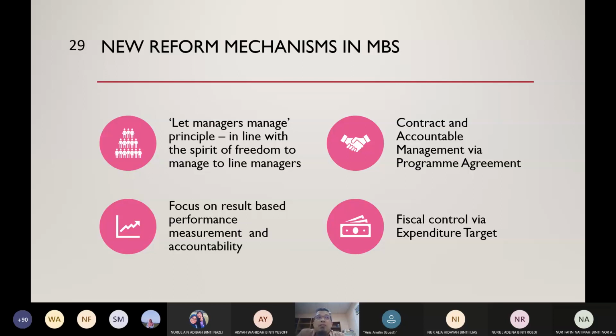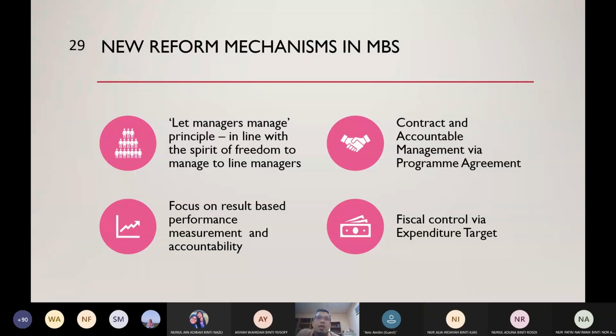I think this accountable management idea was first introduced in developed countries, like in the UK, in European countries. And basically this MBS, Malaysia learned it from Australia. I think the Treasury sent their officers to be trained in Australia to introduce this in the Malaysian government. I think in terms of budget they also learned from the US, Australia, the European countries as well, and definitely the Commonwealth countries. We are a member of the Association of Commonwealth countries. This is also a source of